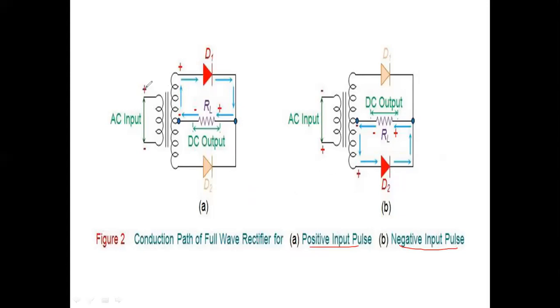So for the positive half cycle, AC to AC conversion will occur in the transformer here now, 230 volt to 10 volt. This 10 volt is here. The current will start to flow from here. It will flow here. Will the diode conduct or not here now? Current is flowing in this direction, anode to cathode. Will it conduct or block? Conduct. The diode will conduct in the positive half cycle. The current will flow here and it will go back to the neutral.